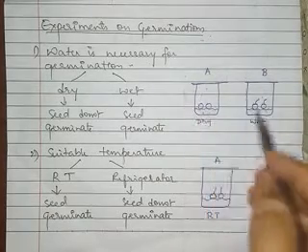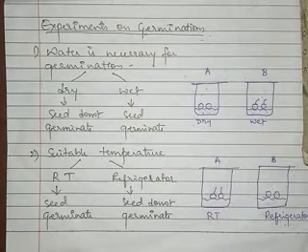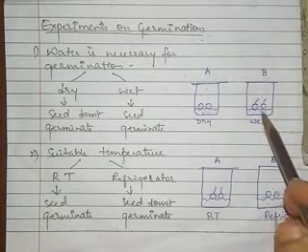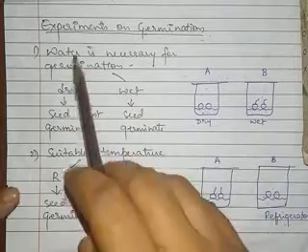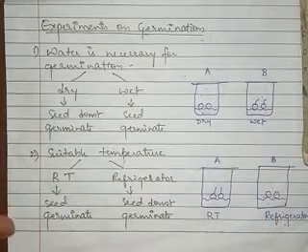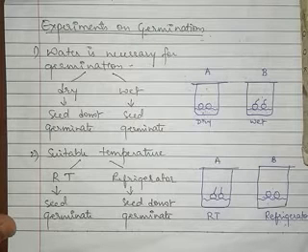So this experiment proves that water is necessary for the process of germination, because we are providing the temperature and oxygen. Only the thing which is not provided in beaker A is water, whereas it is present in beaker B. So the experiment explains that water is necessary for the process of germination.